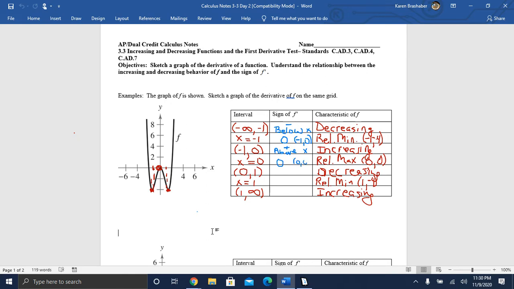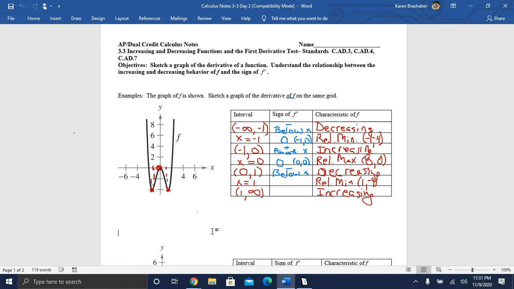It would have been a critical number. And so I have an x and a y value of 0, 0. And then my graph was decreasing from 0 to 1. So that means my derivative is negative. The derivative will be back below the